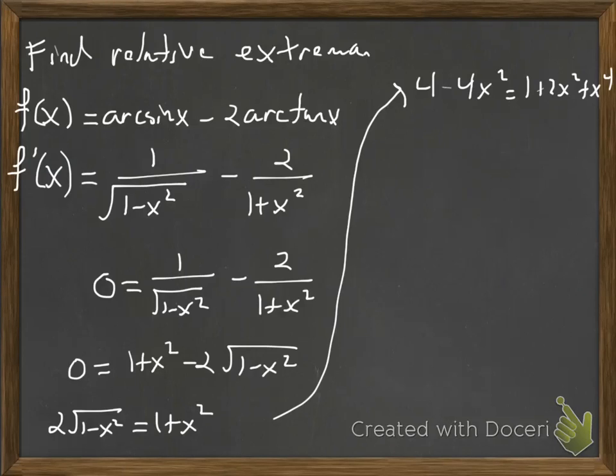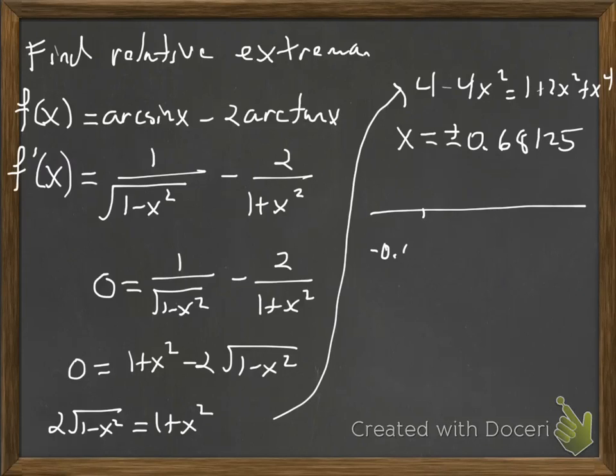Okay? Then from college algebra, you would first hope it factors. It doesn't factor. Then you would try the rational roots theorem, and you would not be able to get anything there. Then you'd have some other methods. But in the interest of time, we're going to go ahead and use Wolfram Alpha. So at this point, I plugged this into Wolfram Alpha and asked it to solve it. It gave me 2 complex conjugates, and then it also gave me 2 real solutions as my critical numbers. And they were plus and minus